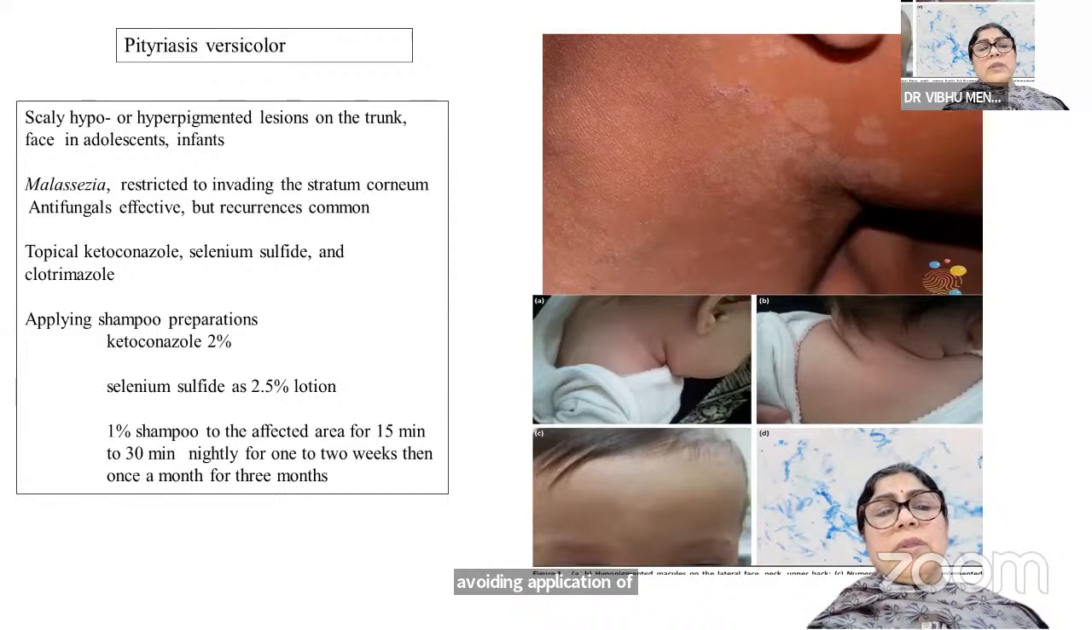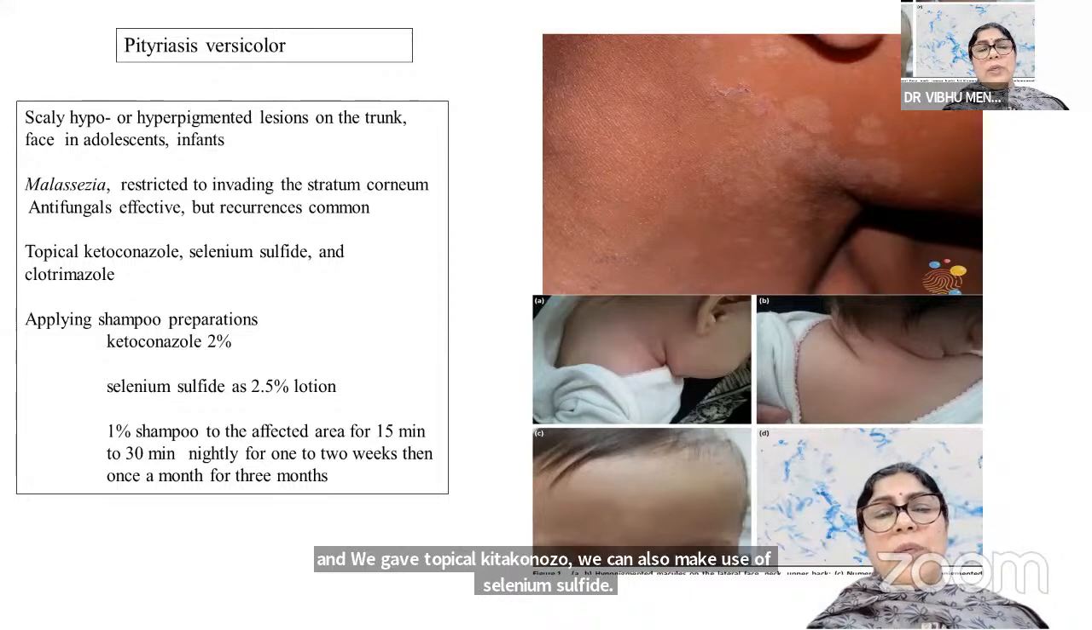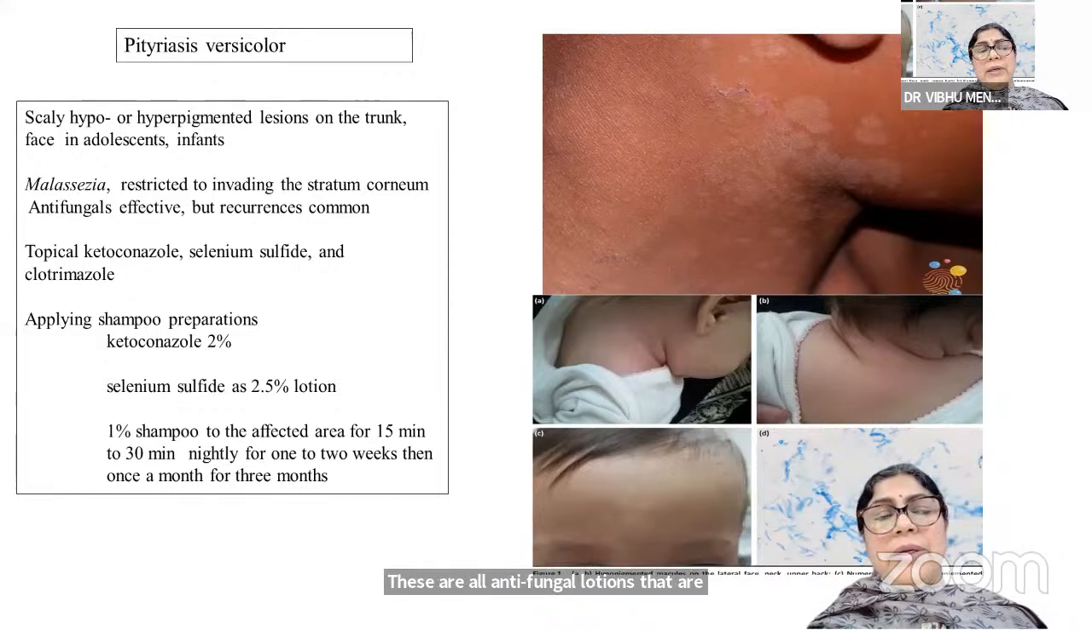And we give topical ketoconazole. We can also make use of selenium sulfide. These are all antifungal lotions that are there. So how do we tell the parent to apply this? Selenium sulfide comes as a shampoo, as you all know. So we just dilute it 1:1, and